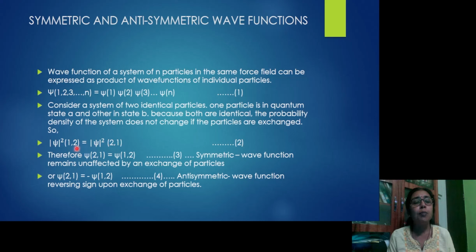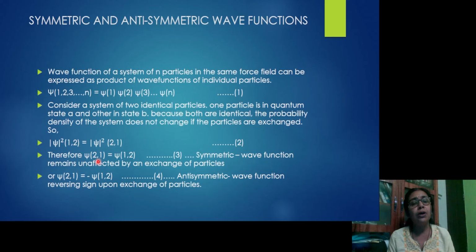But both the particles are not distinguishable, both are similar in all the properties. So therefore the probability density of having the system in this configuration is equal to the probability density that the system will have this configuration. Okay, so therefore